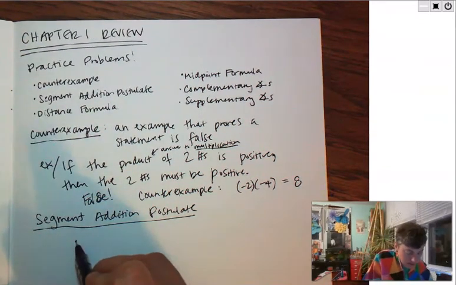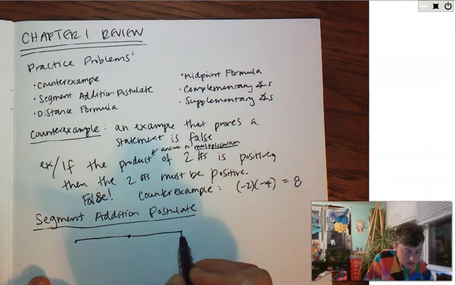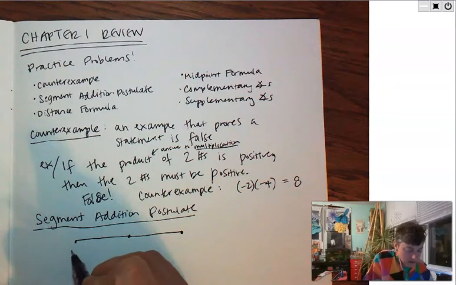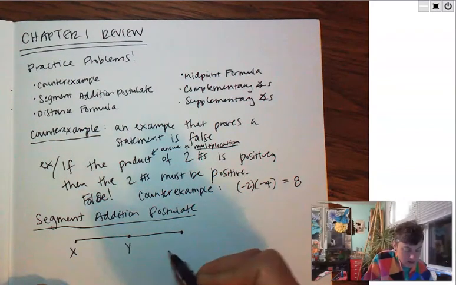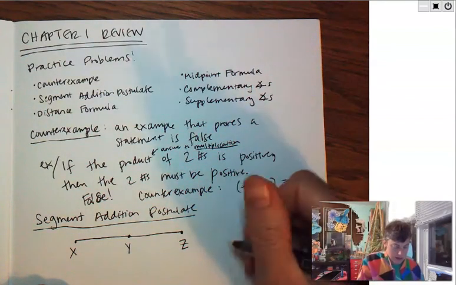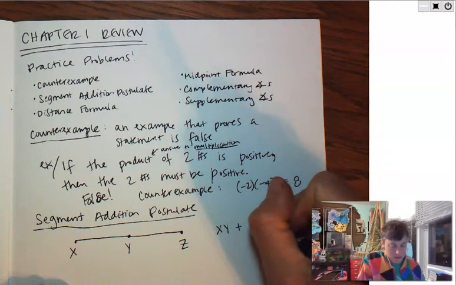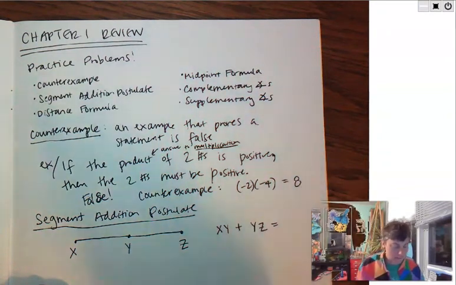So, for example, if I have two segments that are adjacent, right next to each other, let's call them XY and YZ, I can say that I could add those two smaller ones, XY plus YZ, would equal the big giant segment